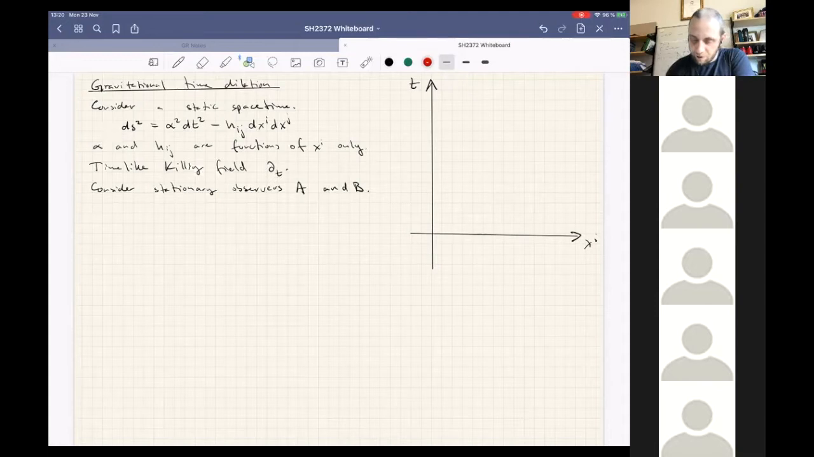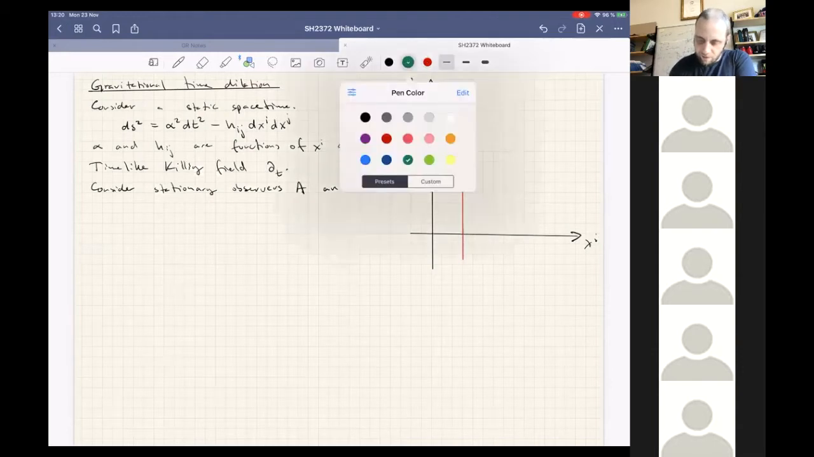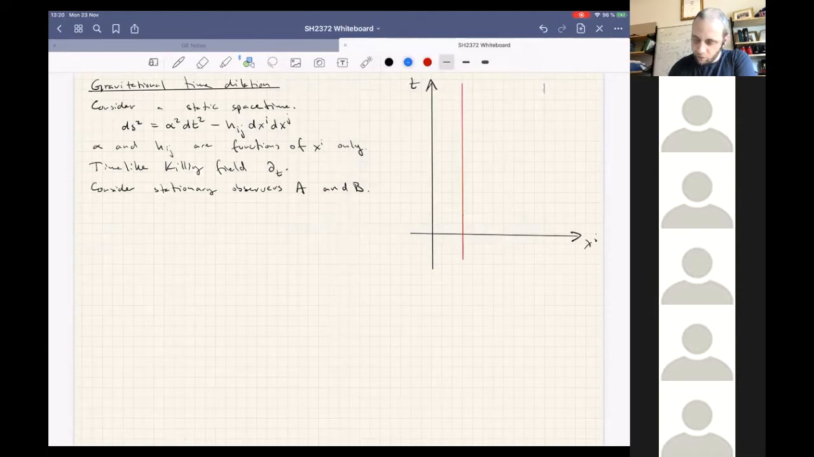This means in particular that if we have A here, that's the world line of A, and let's take this one, and over here is the world line of B. So this is B and this is A. So they have fixed x coordinates, whereas the time coordinate changes. Now, since we don't know exactly what these functions are,